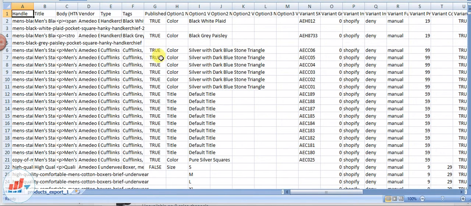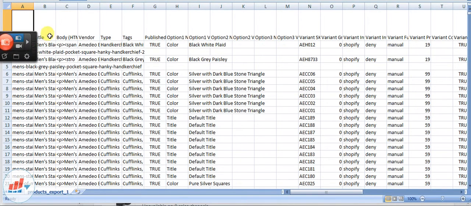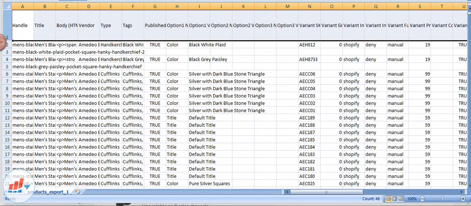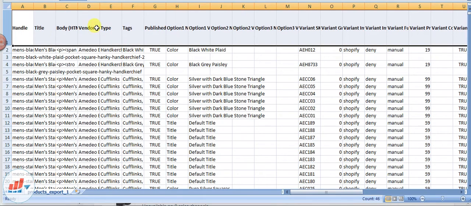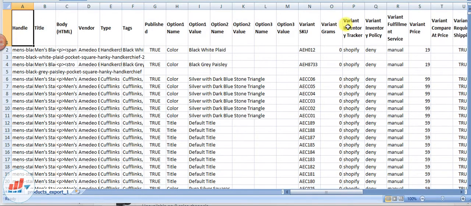So this is how the product feed looks, right? Now, first of all, you'll not be able to understand this product file, so you need to separate the headers a little bit. What you can do is drag down this first row, centralize it, bring it to the middle, and if you want, bold it also. This way it will become easy. And the last thing is wrap the text, so now you can read everything.